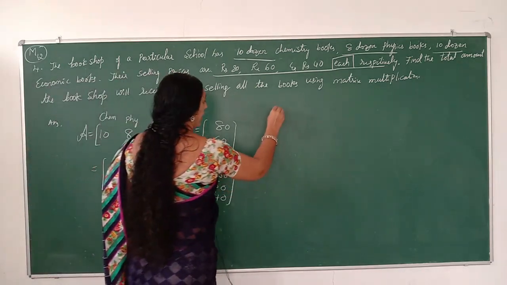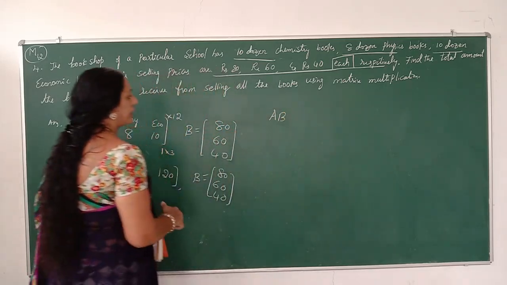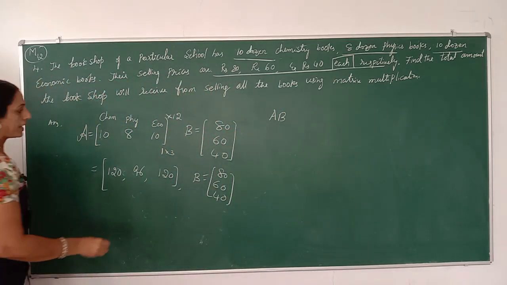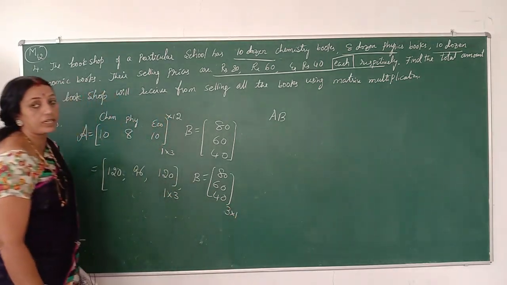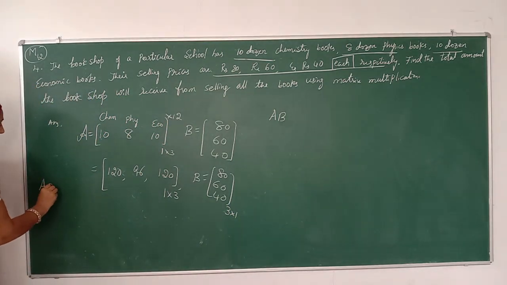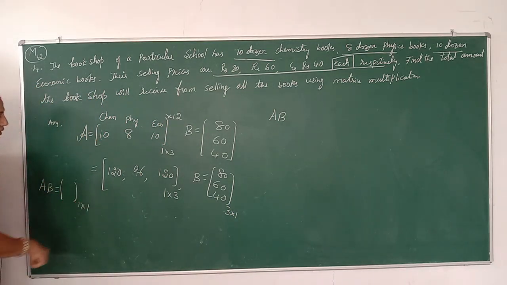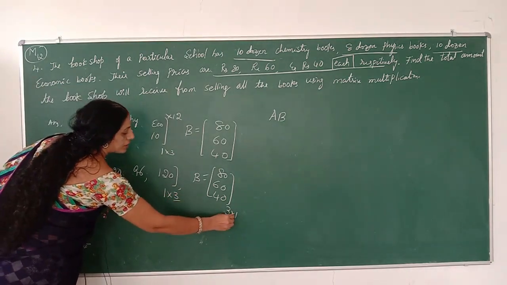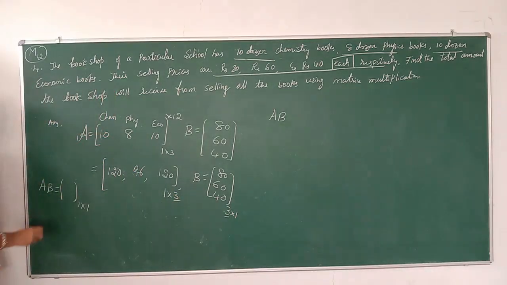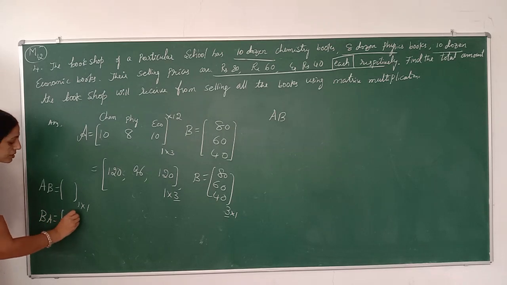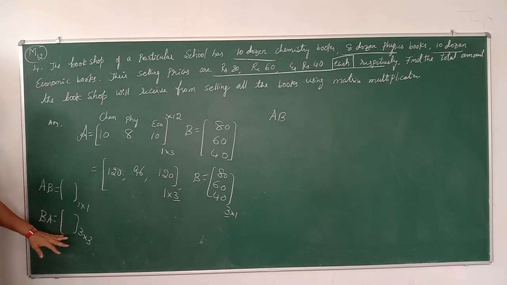Then to find A into B, we observe either A into B or B into A. A into B is a matrix of order 1 cross 3 times 3 cross 1. Now if A into B exists, the resultant matrix is of order 1 cross 1. When we multiply A into B, these 3 get neglected, and the remaining is 1 into 1. But if we use B into A, the matrix order is 3 cross 3, which has a total of 9 elements. Therefore that is not a solution. Therefore first we will find A into B.